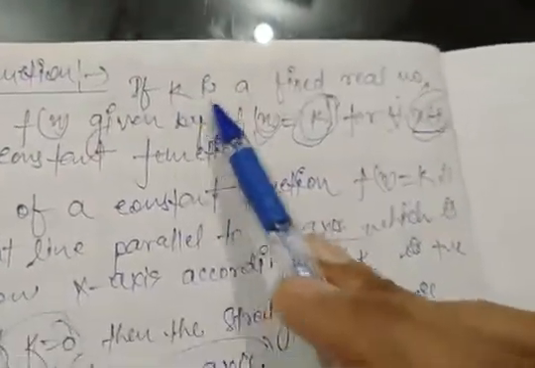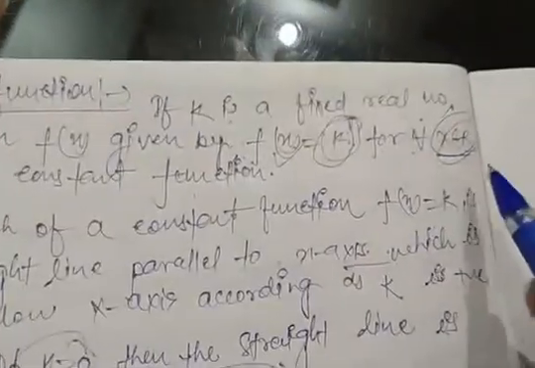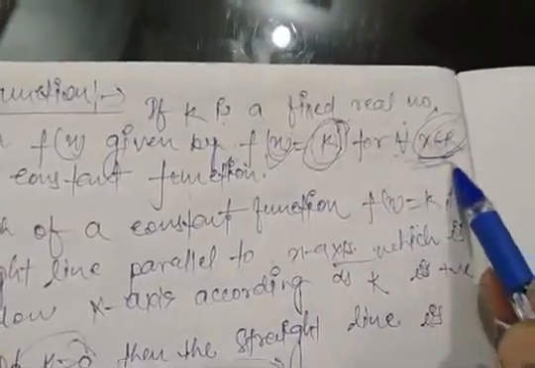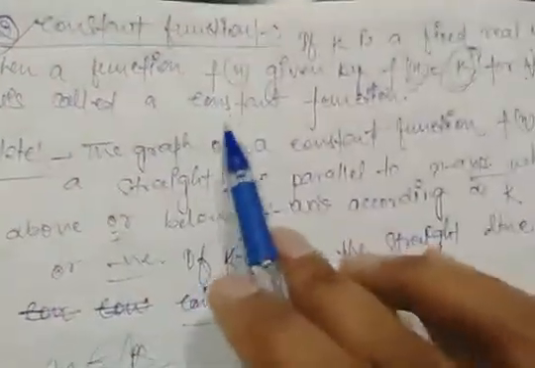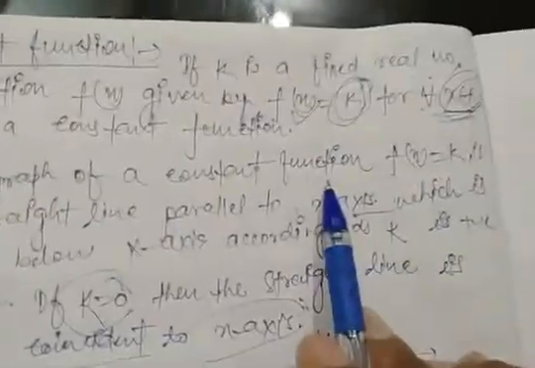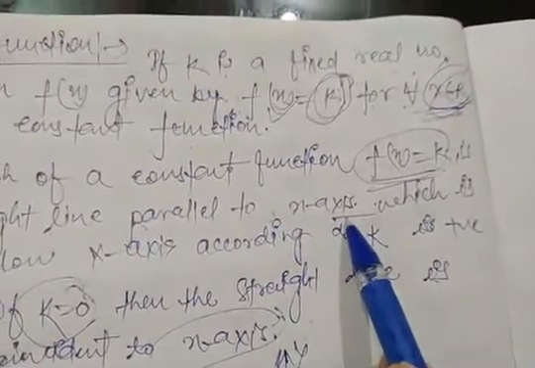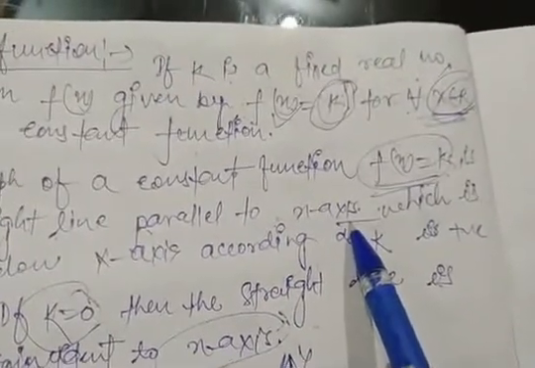Let's see once more time. If k is a fixed real number, then a function f of x given by f of x is equal to k for all x belonging to the real numbers is called a constant function. Okay, and the graph of a constant function f of x is equal to k is a straight line parallel to x axis,